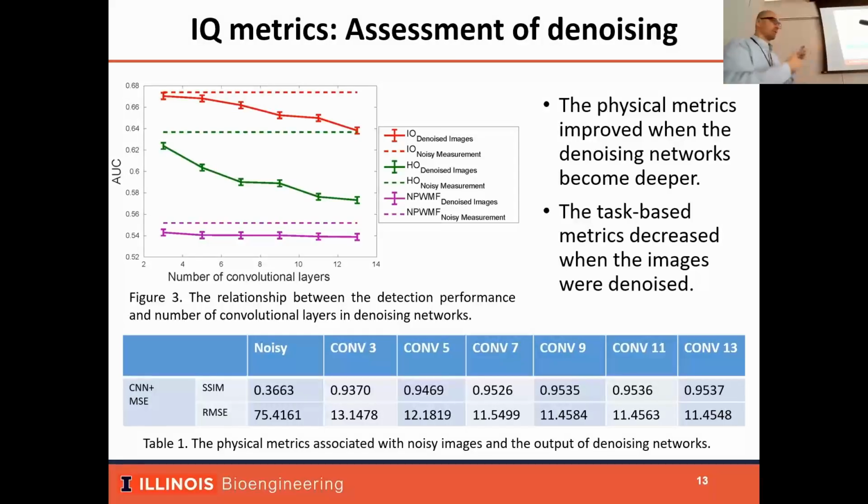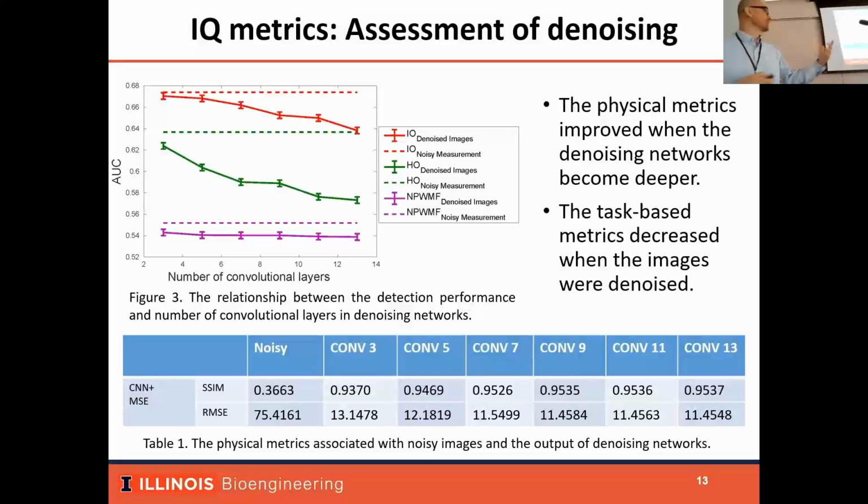And the three colors correspond to the three observers. The red is the ideal observer, the green is the Hotelling, the purple is just the simple matched filter. In each case, the dashed line corresponds to the AUC value on the original noisy images, okay? And what we see here is that in all of the cases, the AUC decreases as the depth of the